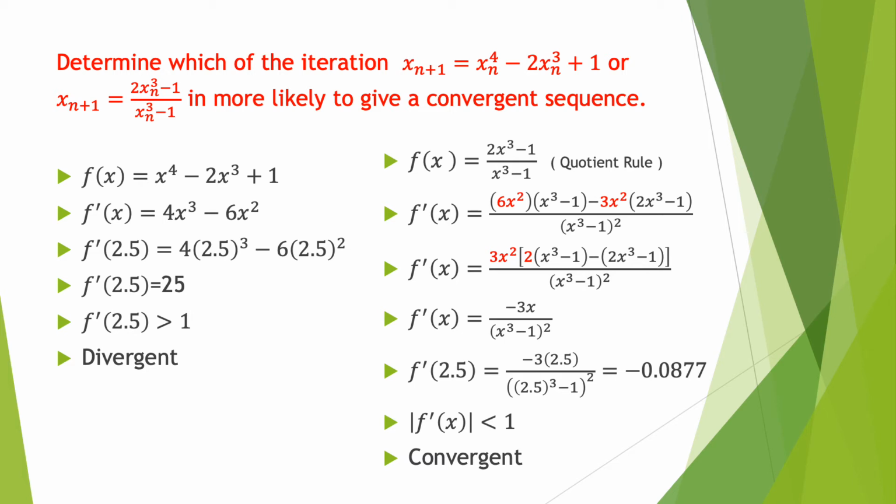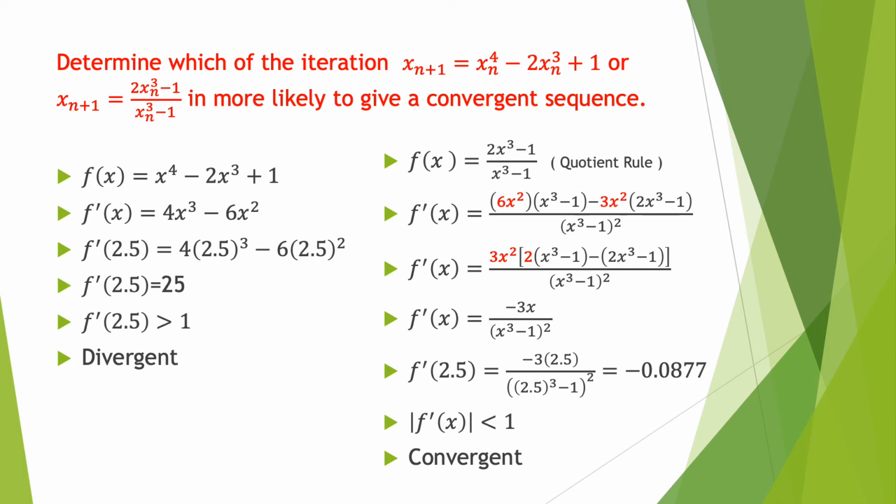followed by substituting the initial value x = 2.5. So we have f'(2.5) = 25 after calculation. So the answer is greater than 1. So we can conclude there is a divergent sequence. The second iteration given is x_{n+1} = (2x_n^3 - 1)/(x_n^3 - 1). So we apply the quotient rule u over v to solve the